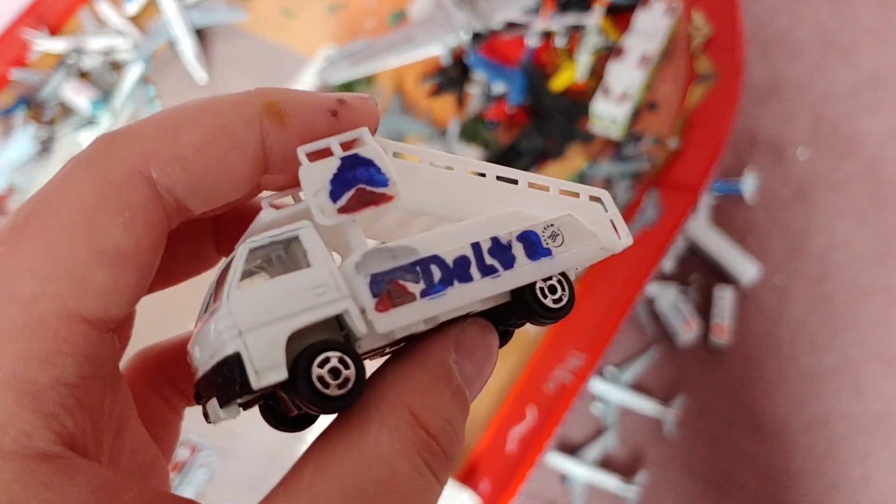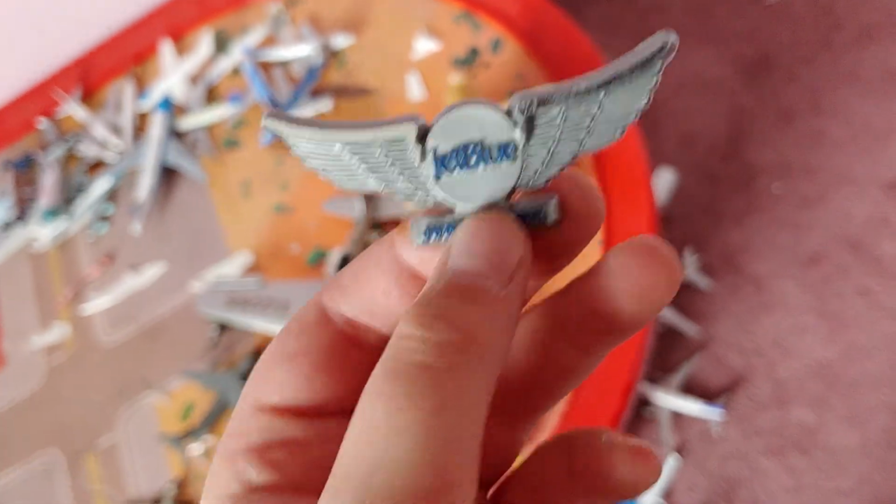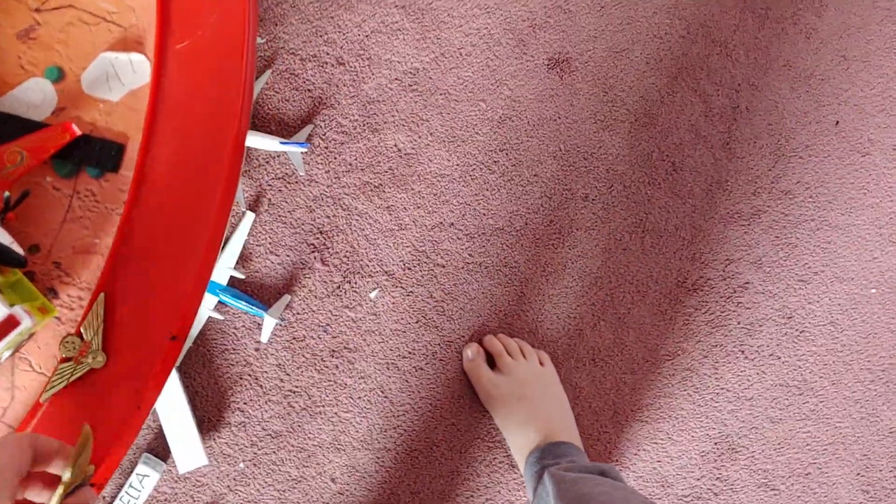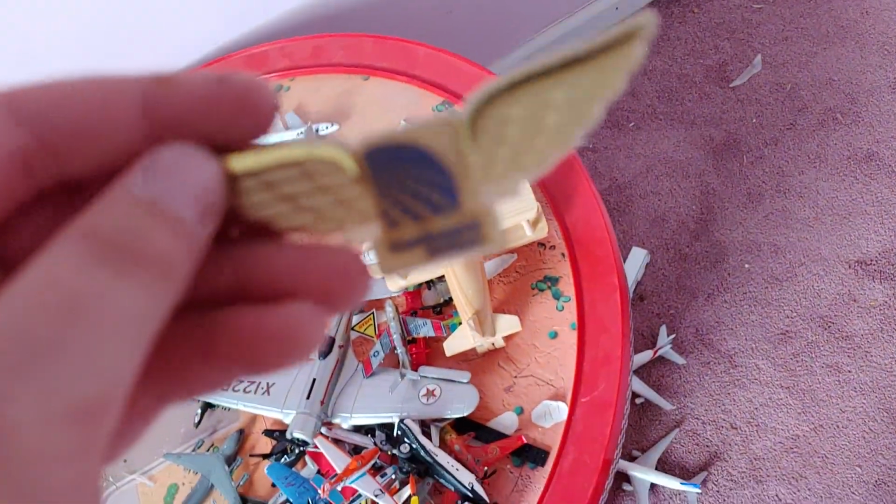Goes there, goes there. Alright, extra vehicles. Here's a Delta old staircase truck that belongs to the Wavy Gravy. And here's some Continental Airlines box. Alright, wings. JetBlue wing. United Airlines wing, Continental Airlines wing, and of all of them, this is the